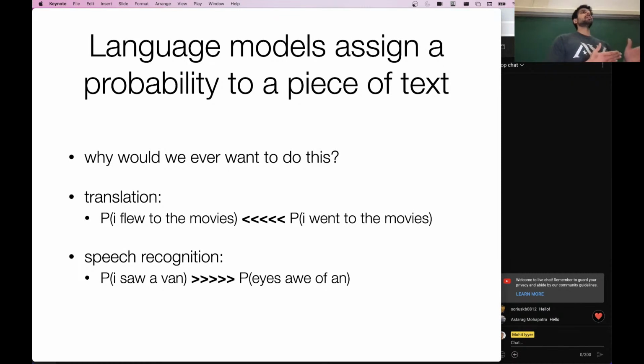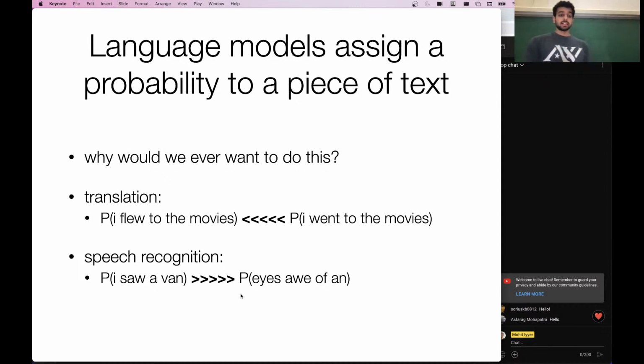If I had a method that could measure the probability of these two translations just in isolation, and it could tell me that "I flew to the movies" is a very, very uncommon thing to say, right? I mean, who's doing this? Maybe some rich billionaires or something. But "I went to the movies" is way more common, so maybe it's more likely to have as a translation for